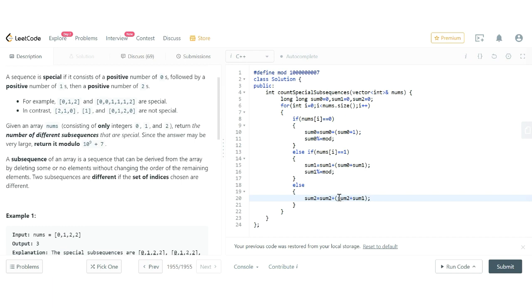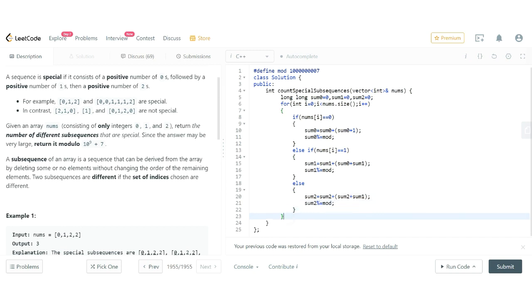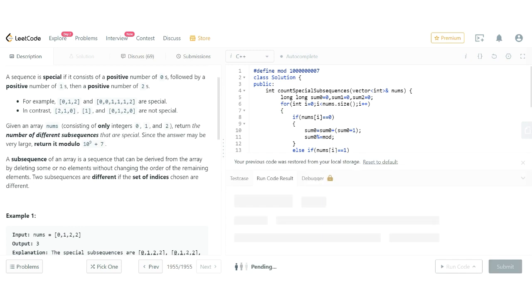So here we have sum 2 and sum 1. Now we will update our sum 2 variable by doing the modulo. And we have to return our sum 2 variable at the end.